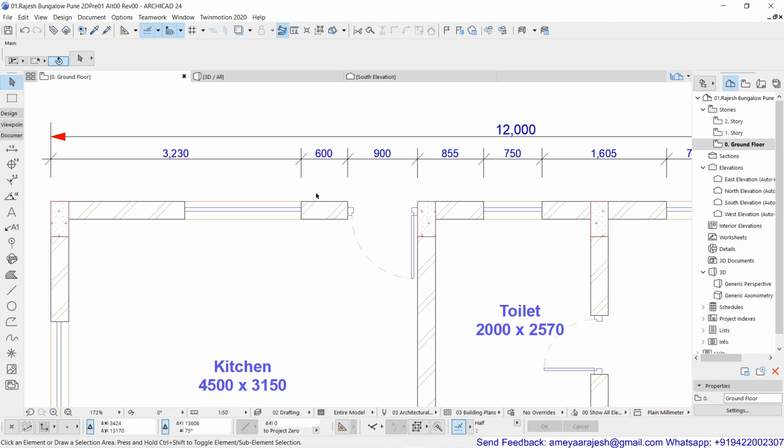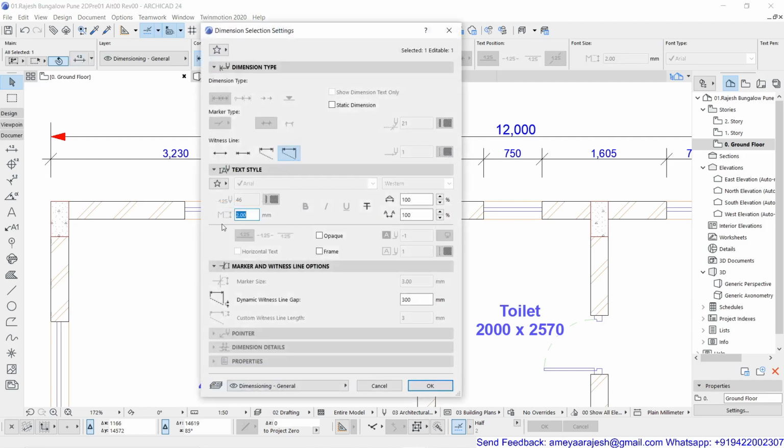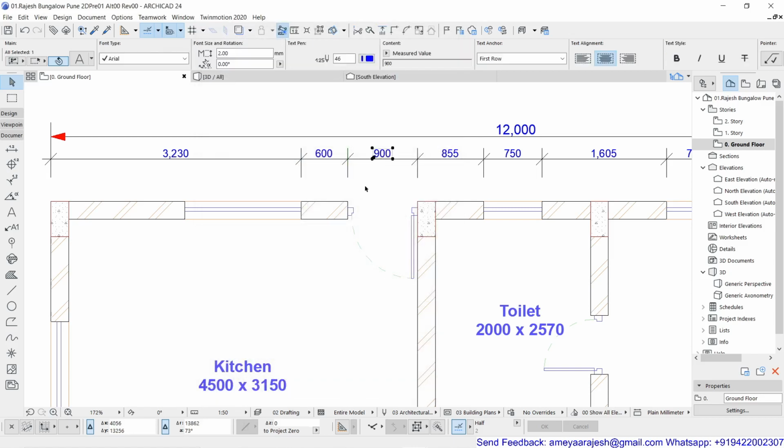Apart from that, if you want to change something related to this, say for example, I have selected this. If I go inside the settings now, you will realize you are focusing only on that selected element and the possible options available to edit there. That is a specialized editing you can go for. When you select only the text and want to replace it with something else, I can change only this text.